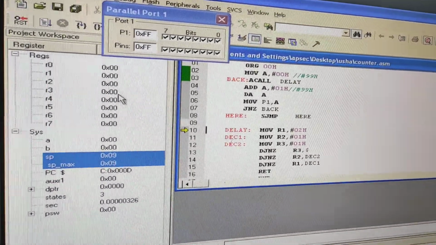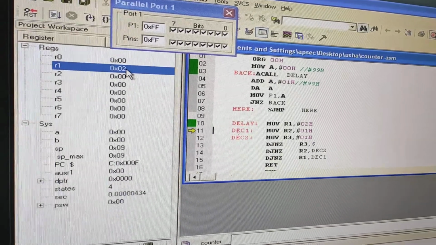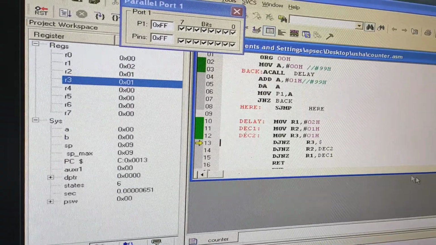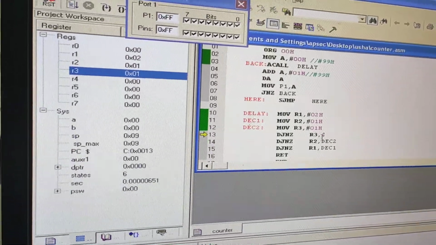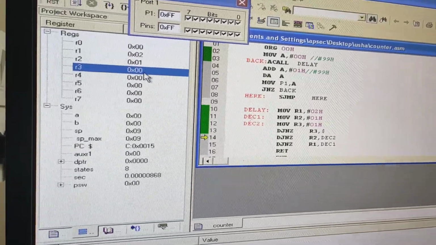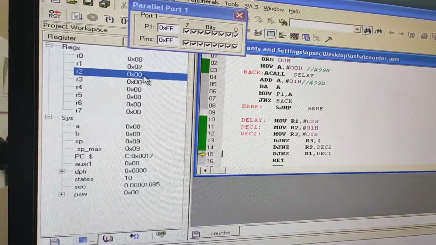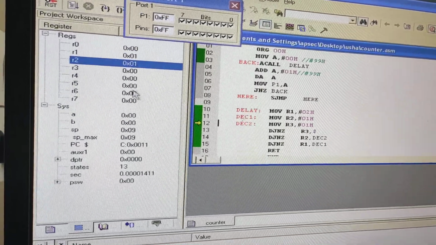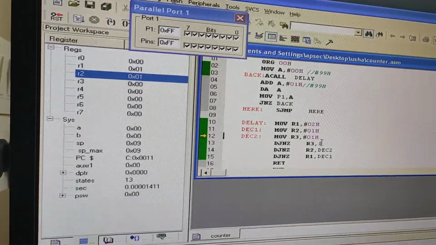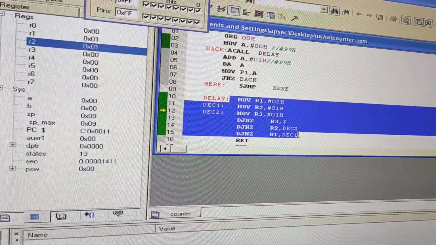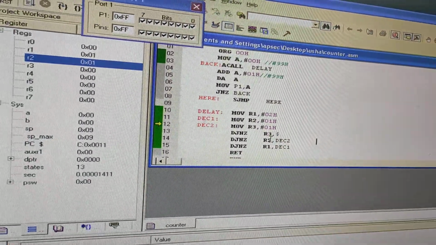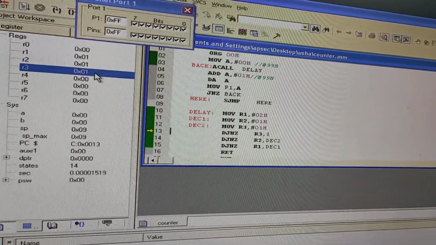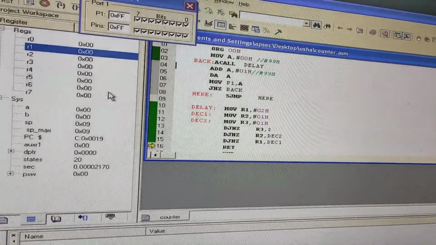So R1 register is 2. If you can see here, R1 register is initialized to 2. Then R2 is initialized to 1. R3 is initialized to 1 again. Next it will go on till R3 is 0. It will execute the loop. So this continues. You can see R2 became 0. Then R1 will become 1. Next you can notice it will return and R2 will become 2, because of this particular program. I am calling delay within delay. So until R1 becomes 0, then R2 has to become 0, then R3 has to become 0. So this loop will continuously go on till all the contents become 0.